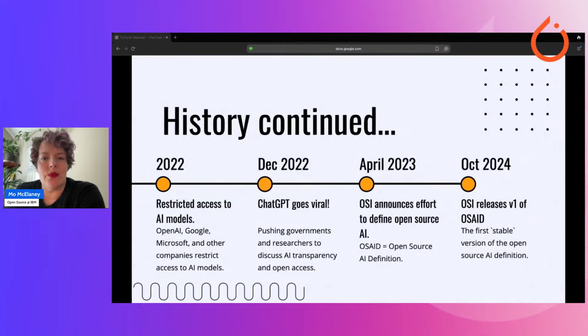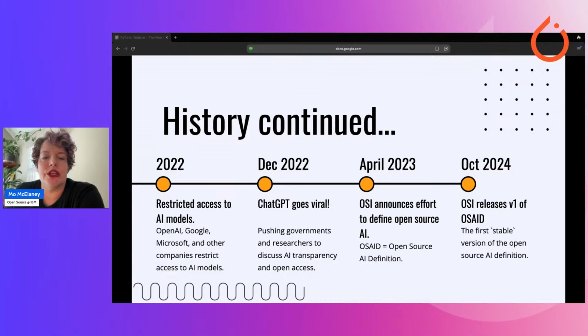Companies that started working in the open with the goal to remain in the open have moved into a more closed model of AI models. So we see thousands of models being distributed for use on Hugging Face, but if you look at the licenses there, they all fall very short of being a permissive license that would be expected from open source software.